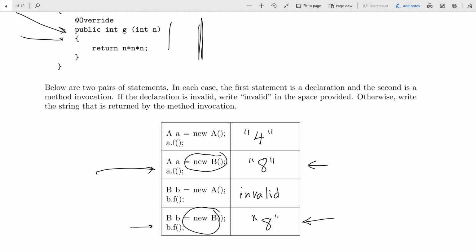Yeah. For the second one, if we wanted to specifically use the G method in A, do we have to write super to use it? Okay, you're asking, suppose I wanted to call a.f right here, but somehow make f use the original G. There's nothing we can do to cause that to happen. The only place you can use super is inside the class itself. And we're sitting outside the class, so we can't affect how that method f is going to behave, which is as it should be. We shouldn't be able to somehow mess around with the behavior of a method when we're completely outside the class. Any other questions?